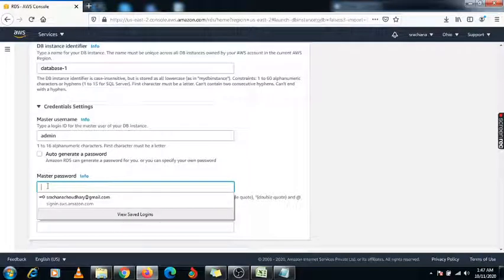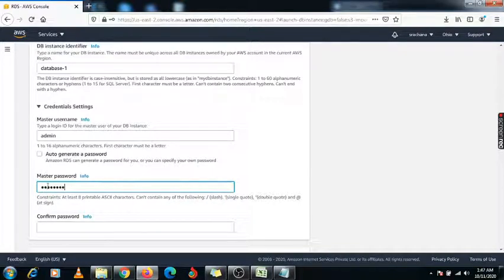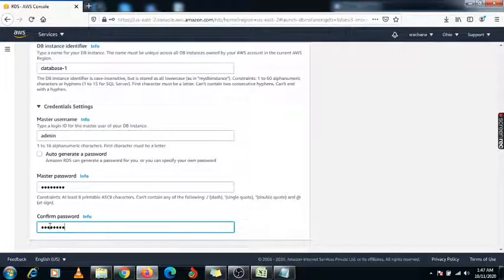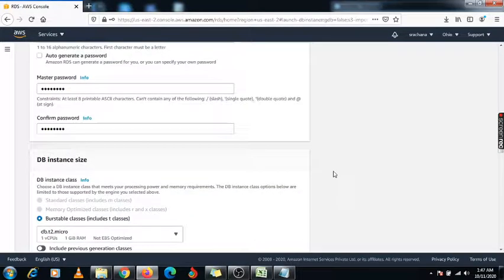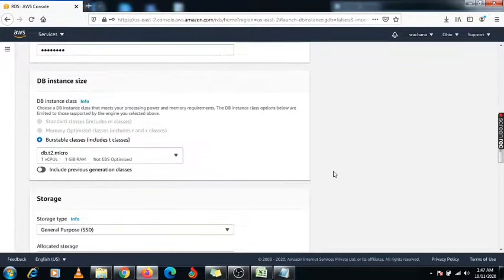So I'm just using my customized password. I'm setting a normal password, temporal, and this password is now set. Now you can check these other options.